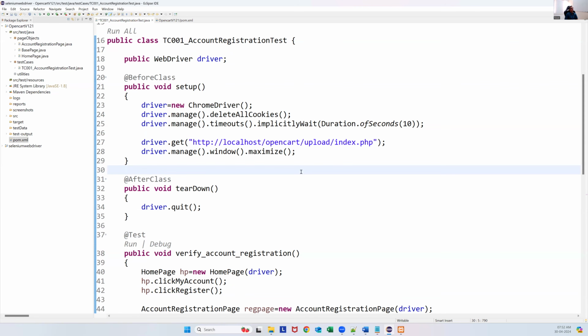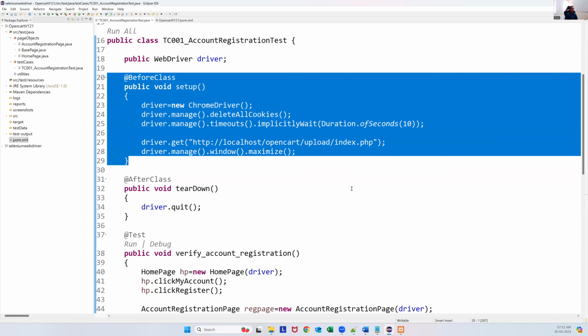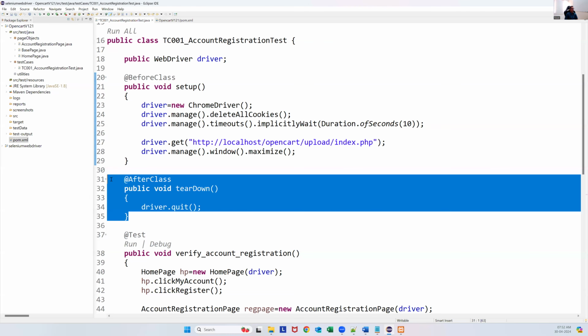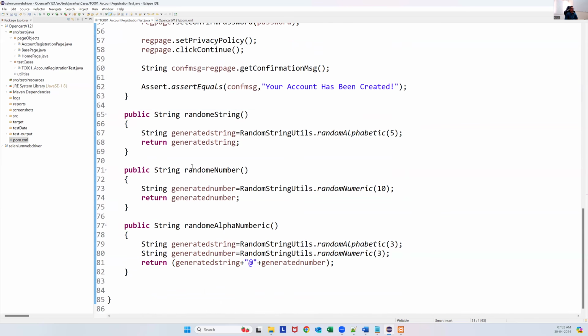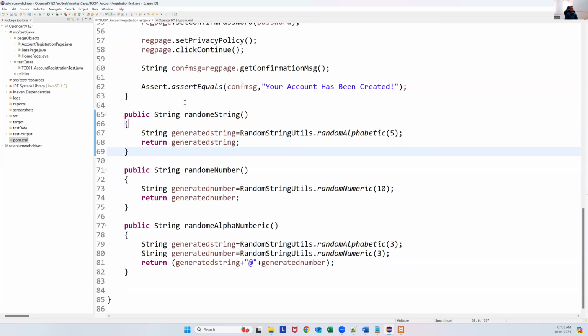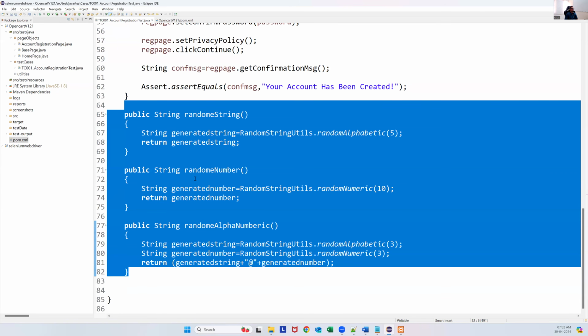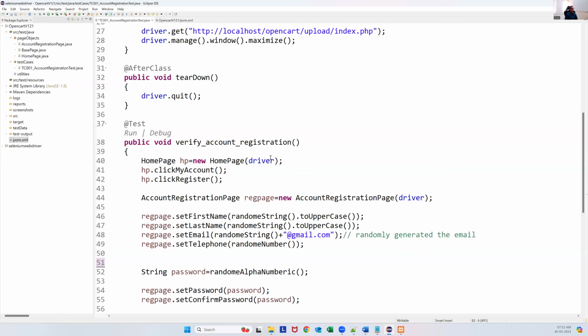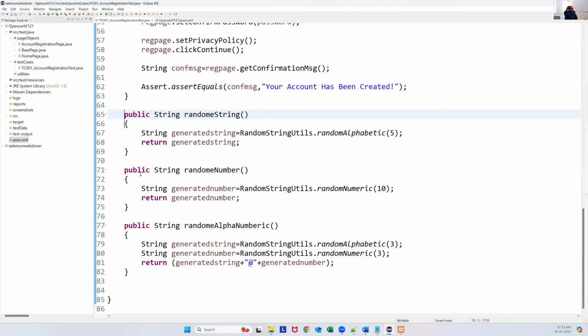Now, if I look at this particular test case, do we feel any of these methods are commonly required for multiple test cases? For example, the setup method is created. Is this required for another test case? Yes or no? And the tear down method is required for multiple test cases. And even these three methods that we created may be required for some other test cases. Currently, we are using these methods only in this particular test case, but sometimes they are also required for other